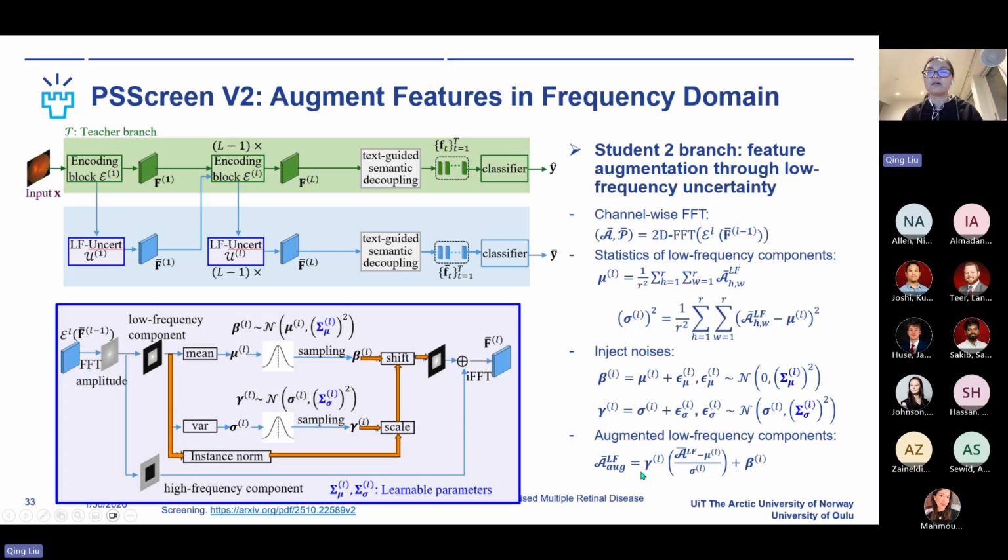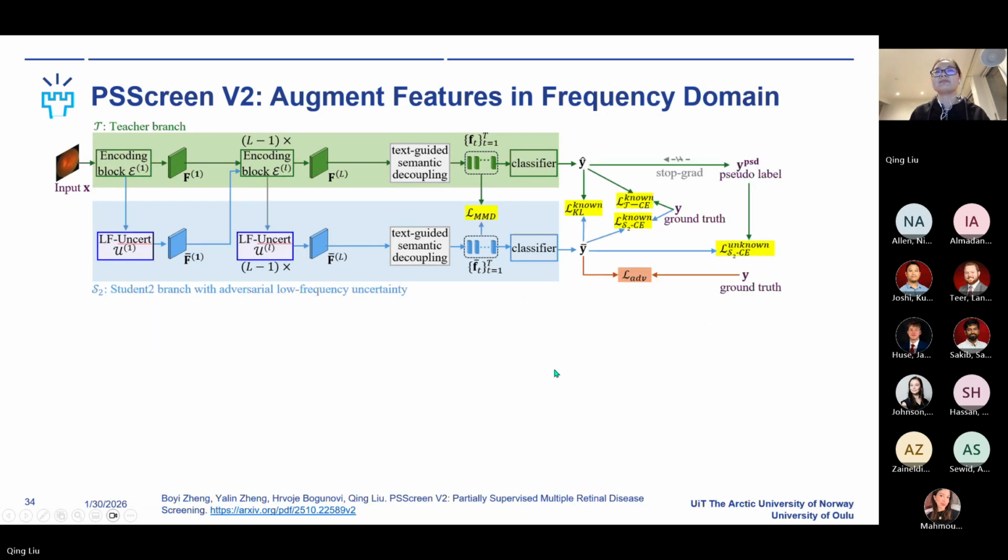components in this way. So here is the scale operation, and here is the shift operation, and then we can perform the inverse Fourier transform to get the augmented features, and to name